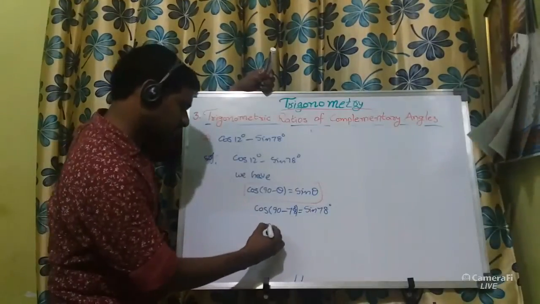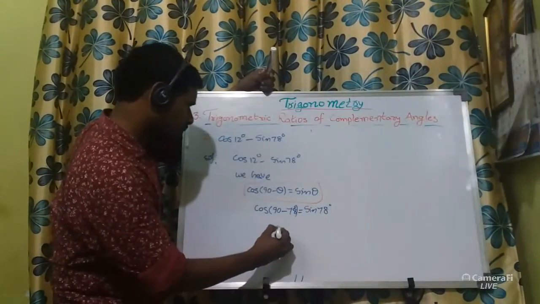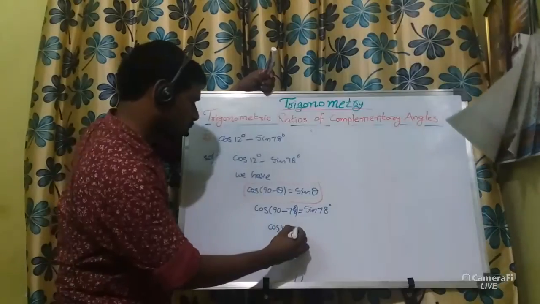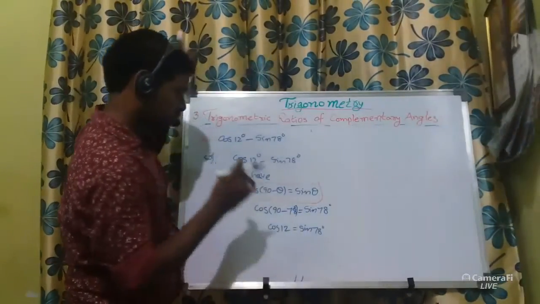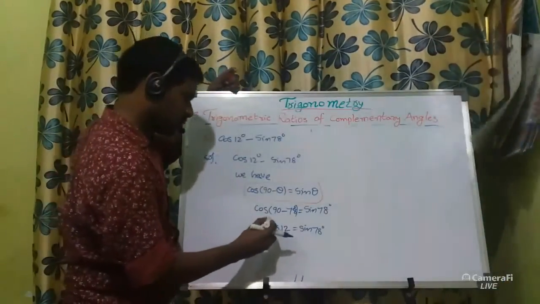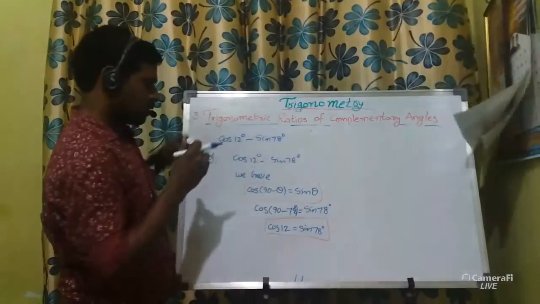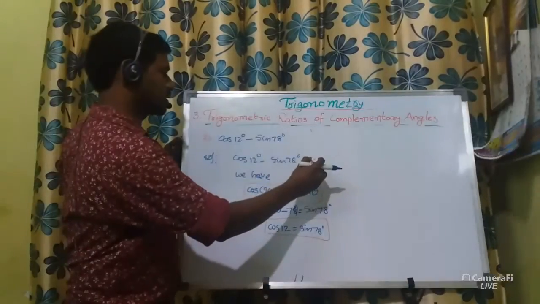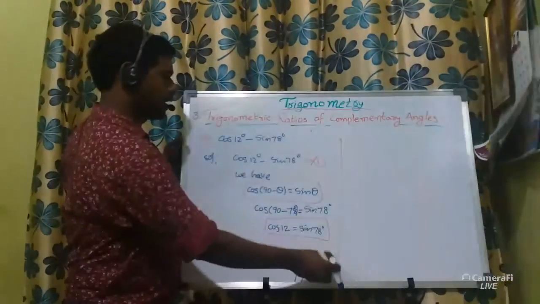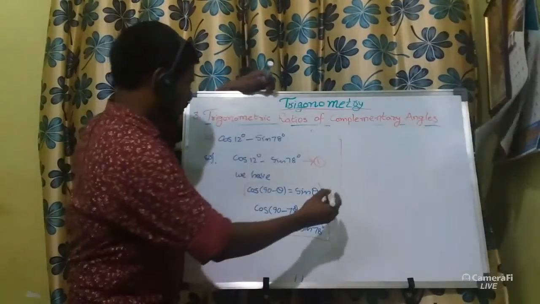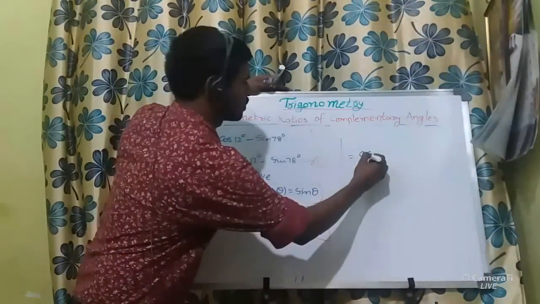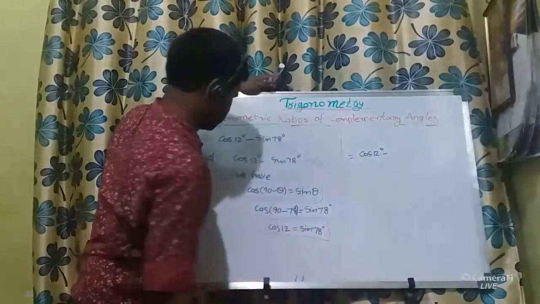Cos 90 minus 78, cos 12 is equal to sin 78. Then let me say it is equation 1. Then you have to substitute these values into equation 1. Okay, what is that? Cos 12 degrees minus